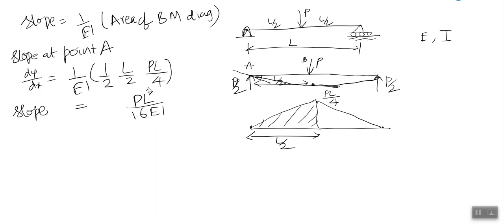So this is the value we will get, tan theta. If this is theta, then tan theta must be equal to this one. After knowing all these values, the length, the Young's modulus and the moment of inertia, we can find out theta, that is the slope here. That is P into L square by 16 EI, the slope for